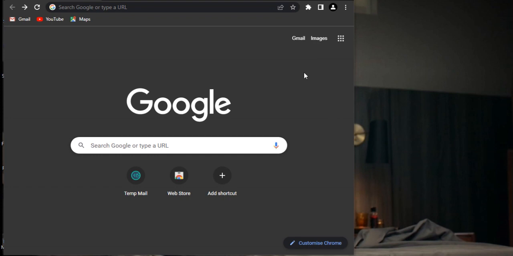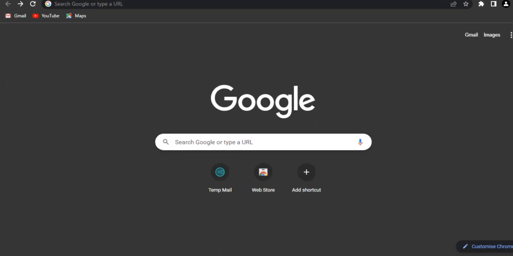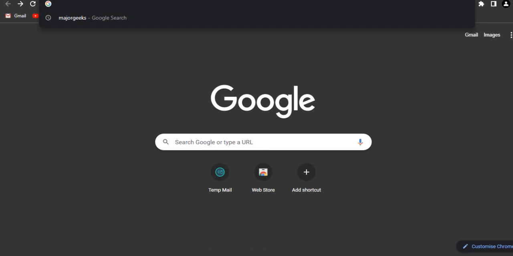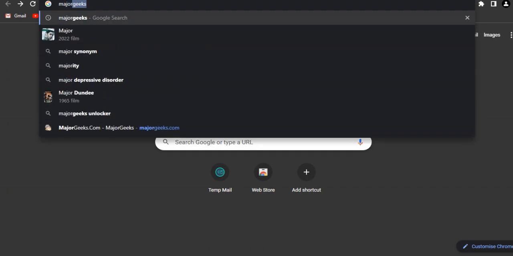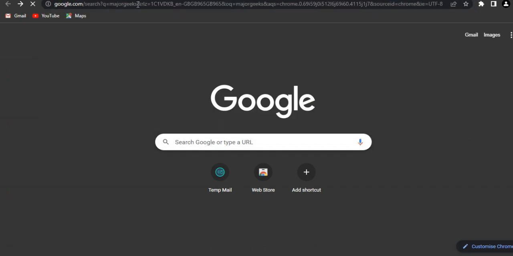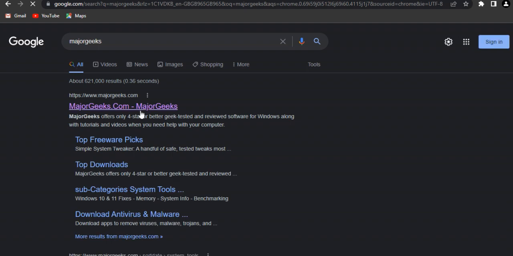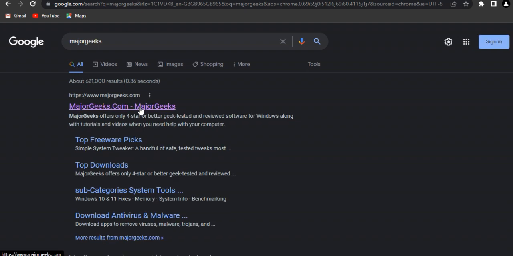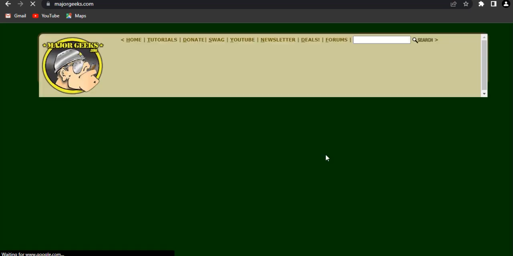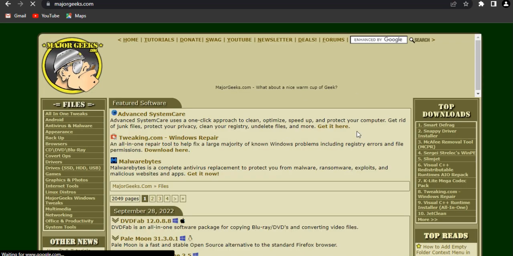So I'm gonna open the Google Chrome and I'm gonna go to the website. It's called Major Gigs. So I'm gonna go to the website and this is it. I'm gonna click on it and this is the official website for Major Gigs. So it's very simple. Just go to this website, and the coolest part of this is you can download apps